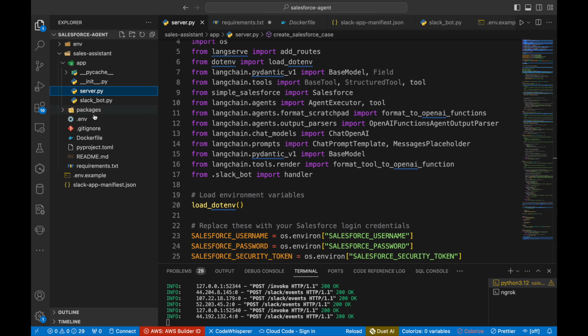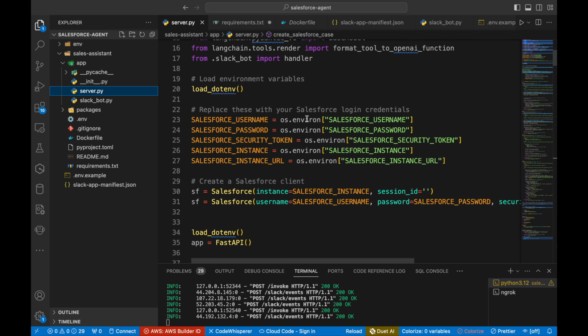And I have a Slack package right here, which I'll be showing you very, very shortly. I'm just importing that right here. So again, we set up our